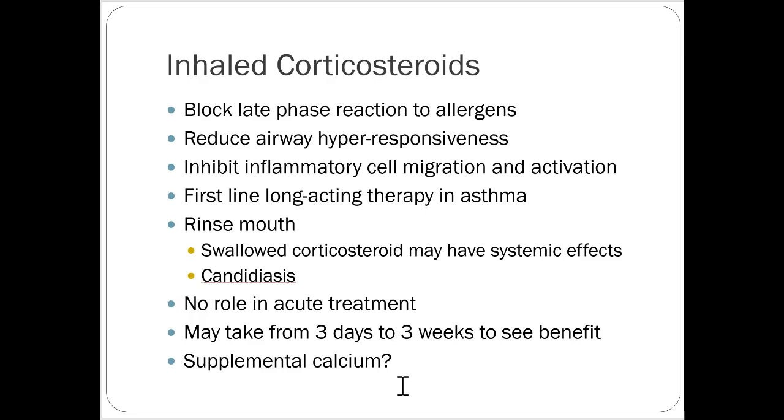All right, so inhaled corticosteroids, these are just like our other corticosteroids we talked about. They block late-phase reaction to allergens, they reduce airway hyperresponsiveness, inhibit inflammatory cell migration and activation, and they're our first-line therapy for asthma. One thing to tell patients too, if you're going to prescribe this, is to rinse your mouth after you use it, because if you swallow the corticosteroid, you can have some systemic absorption of it, so that's not what we want. It's not going to the site of action, one thing, and we don't want people with